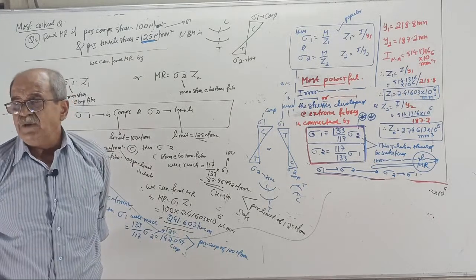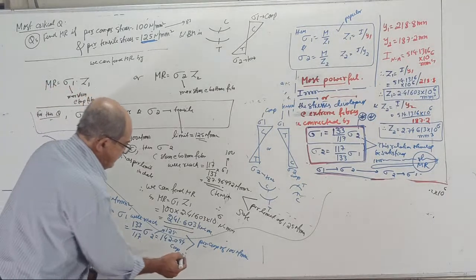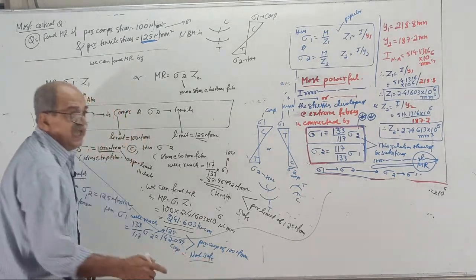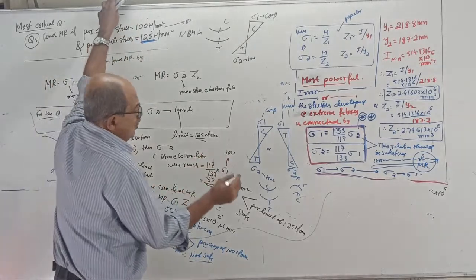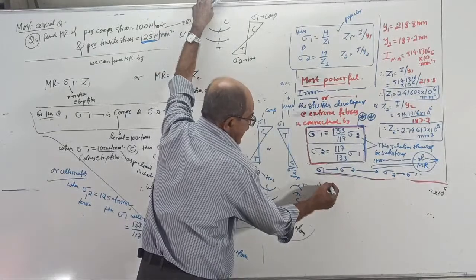How did you get safe, first of all? It is not safe. Why? Because the stress will exceed the limit. Not safe. Therefore, we cannot find